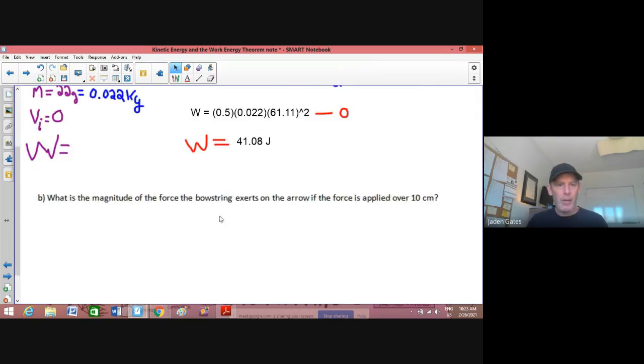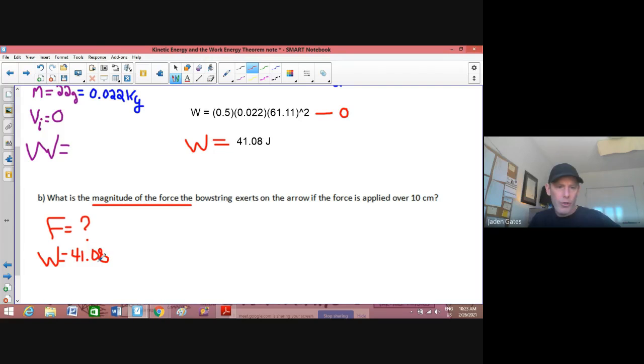And then part B. What is the magnitude of the force the bowstring exerts on the arrow if the force is applied over 10 centimeters? Okay, so we're looking for the magnitude of the force. So we're looking for F. All right, we know how much work was put in by the bowstring. It was